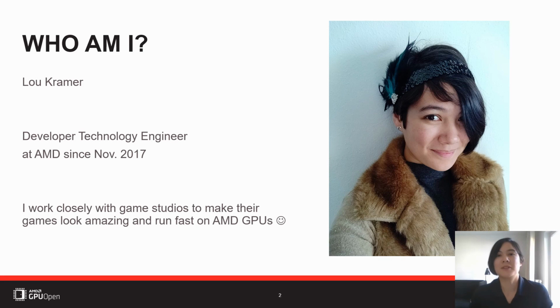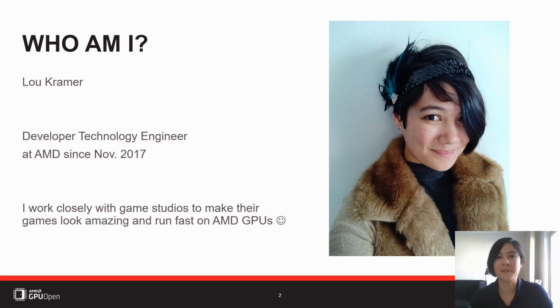This includes a lot of optimizing work, and to do efficient optimizing, it's really important to know the GPU architecture in detail. There have been a lot of changes at AMD since last year, 2019, because we released a new GPU architecture. Very exciting times. This talk will give you an overview of this architecture and talk about how to optimize specifically for it.